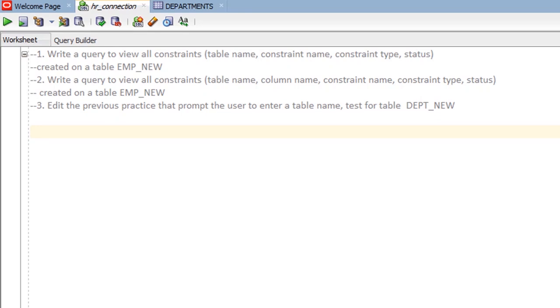Hello everyone, here in this practice we are going to learn how to use the user_constraints and user_cons_columns data dictionary views to retrieve information about all constraints created on all tables that you own. So here, as we can see, we have three practices. Write a query to view all constraints: the table name, the constraint type, and the status created on a table